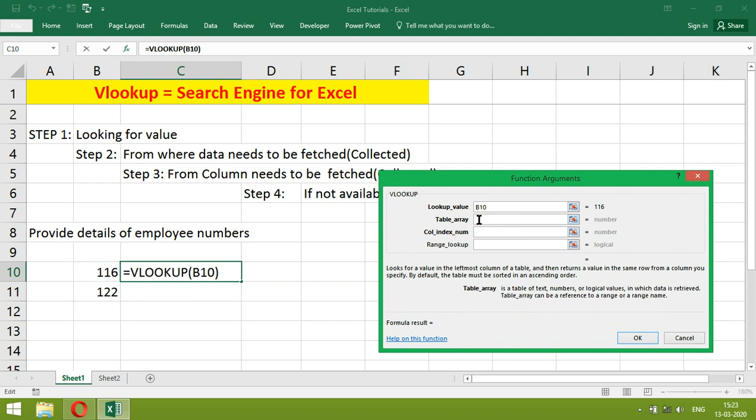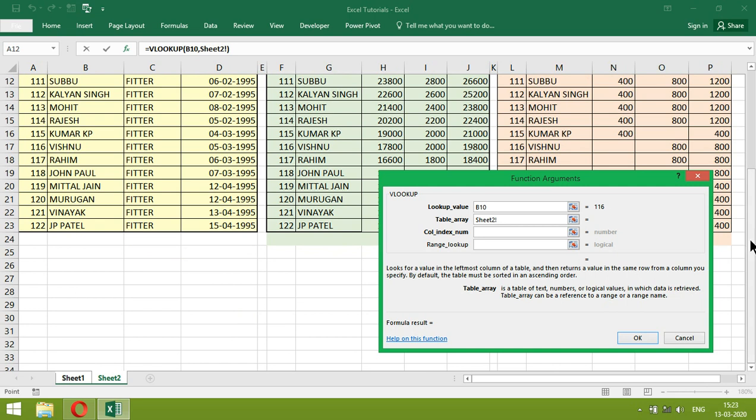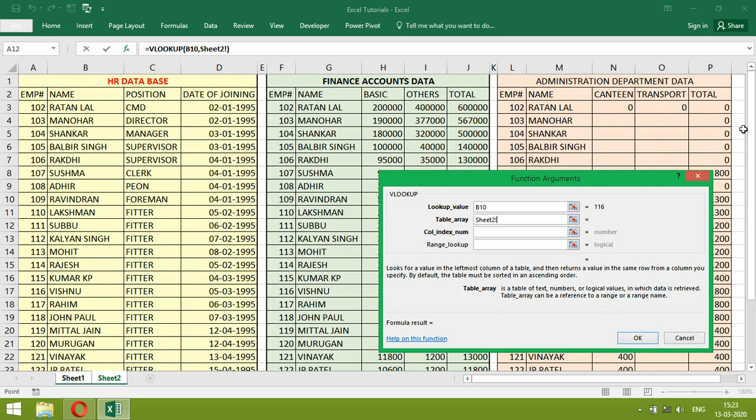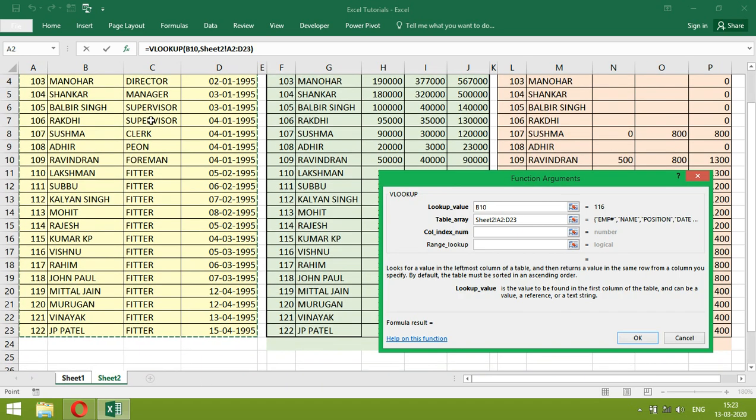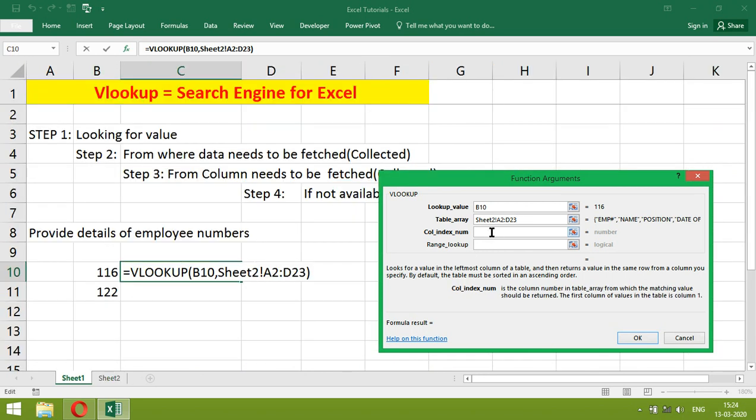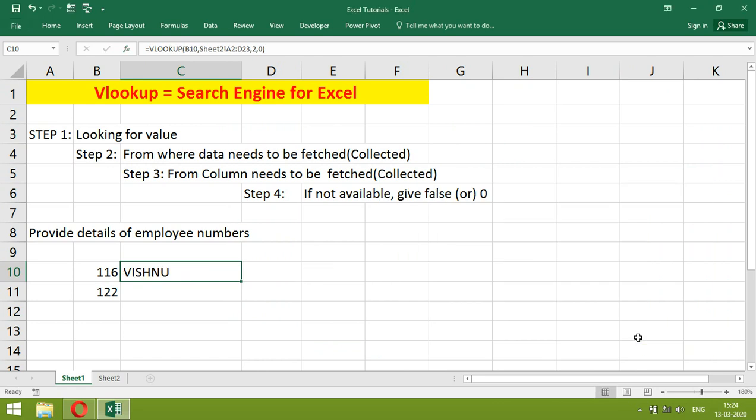Then we want the name, so go to the table. Within this range, we want column number 2. So you just give column number 2. Then logic, if not available, give blank. Say OK.